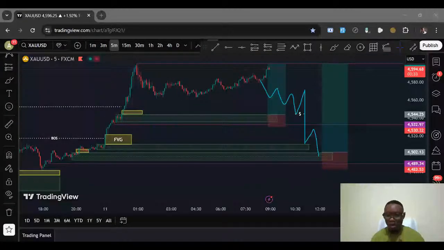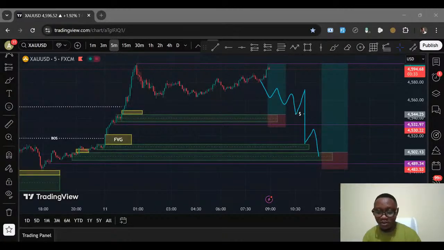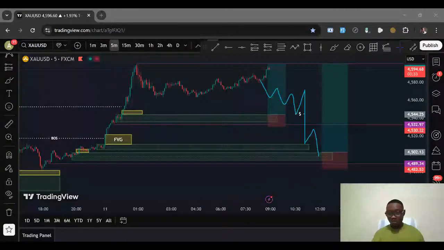Because it is one thing to mark out your order block zone. In my opinion, it is very easy. It's a piece of cake. Actually, anybody can do that, right? But actually taking the trade when price gets to that zone is the most difficult thing to do, because that's where psychology comes into play. That's where your emotions might set in for those who don't know how to manage their emotions yet, who don't have the right psychology to trade the market profitably, you know.